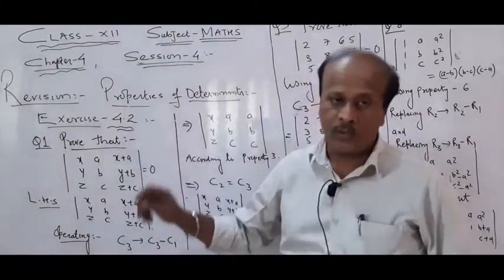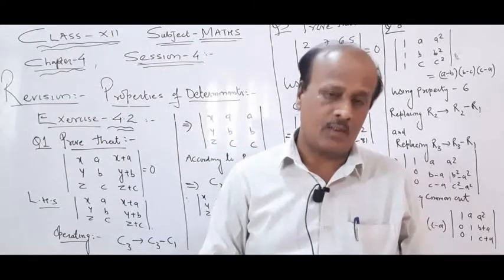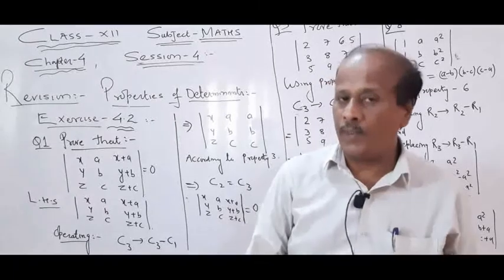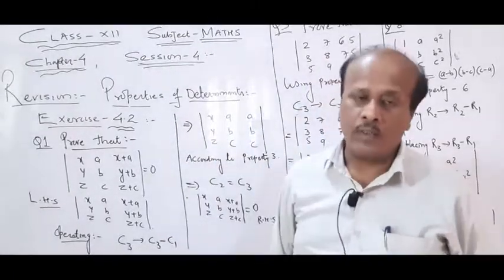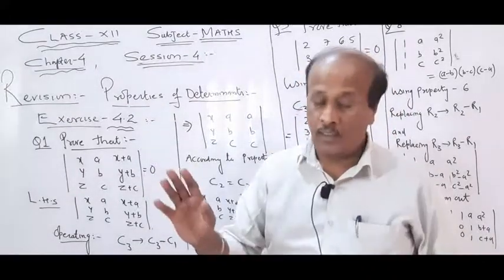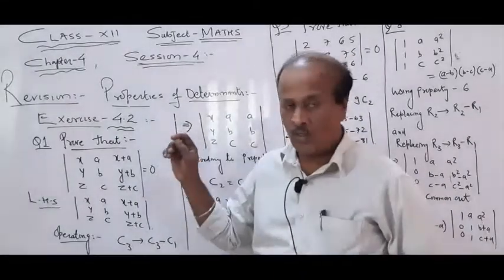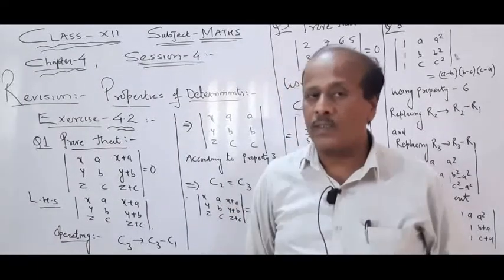Now the most important property, as I told you last time, is property number 6. Today itself you will realize we are going to use this property many times in solving many questions. So come on, again, what is property number 6? As per the necessity, we are not going to use property number 6 everywhere. All 5-6 properties we are going to use as per our necessity.